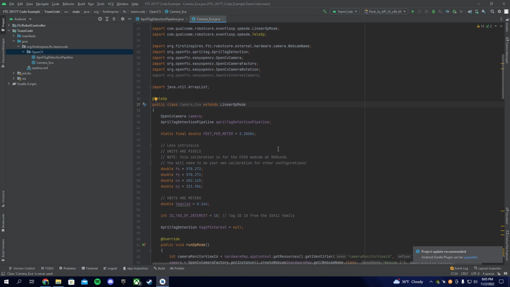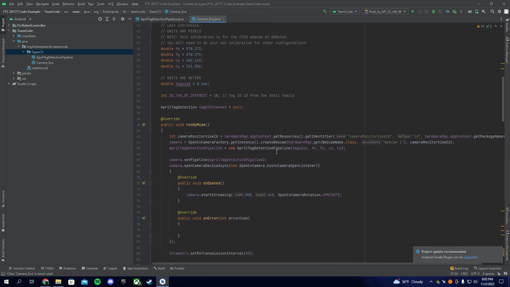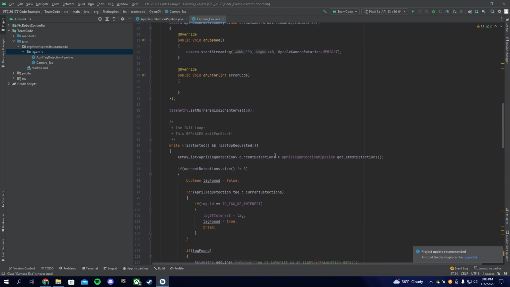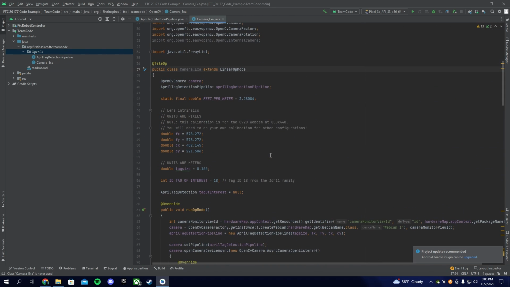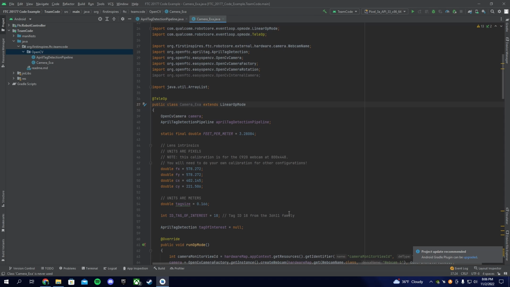So what you want to do is scroll all the way down until you find an integer. I think I scrolled too far. Okay, it's this one right here. You want to look for this one, int equals tag of interest. Just get rid of that because we're not going to need that. But I like to do // tag